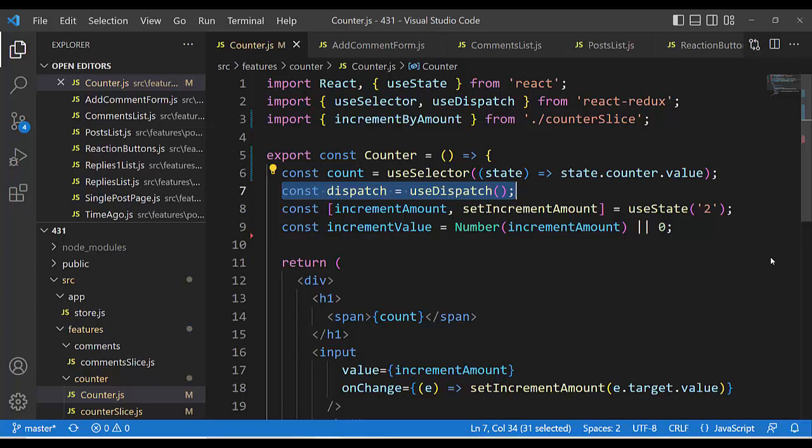With this statement, after this expression, we have store.dispatch, the method dispatch of the store. The store has the method dispatch, and that store method dispatch